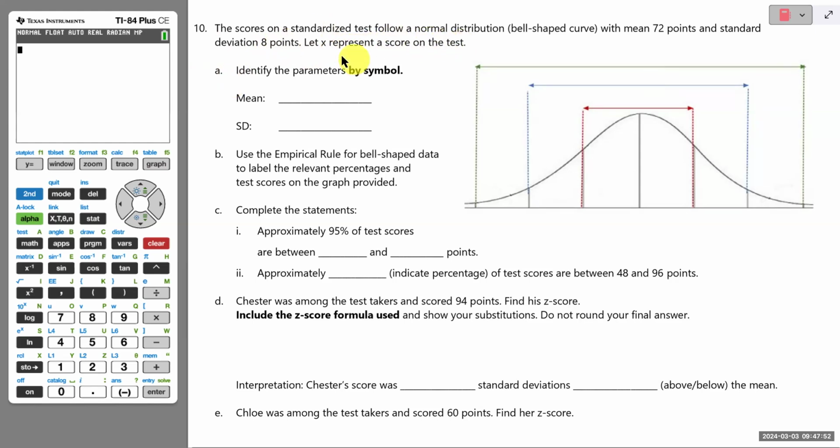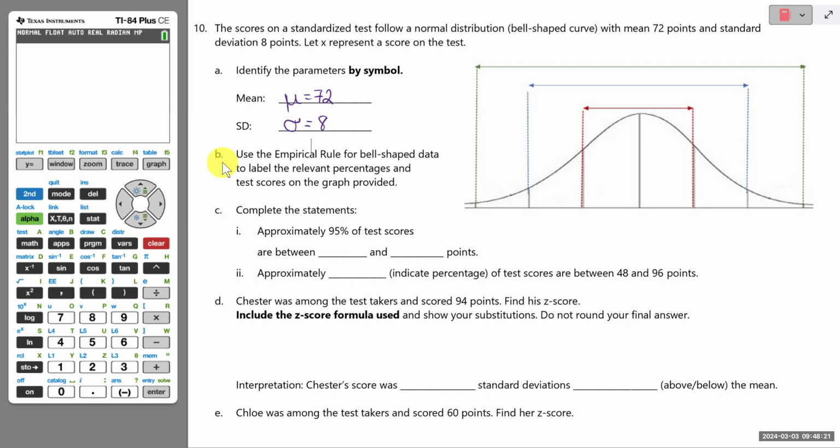So let me start by identifying the parameters. So population parameters were provided, mean 72, and the symbol for the population mean is mu. And then standard deviation 8, and the symbol for population standard deviation is our lowercase sigma. And then for part B, we'll use the empirical rule for bell-shaped data to label the relevant percentages and test